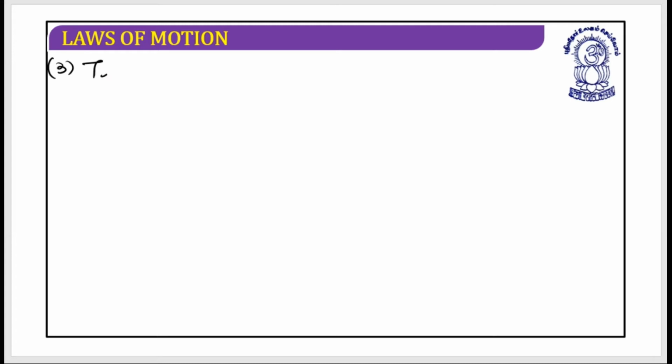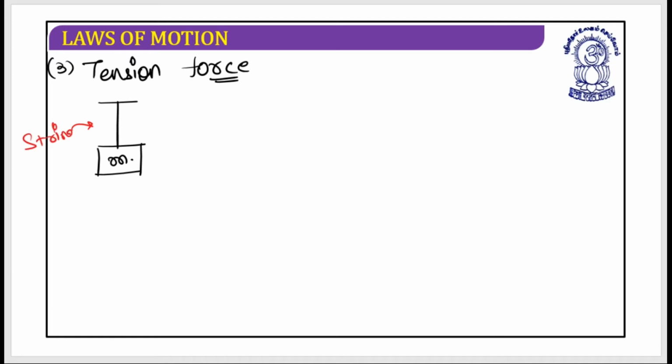Third force, it's the tension force. What is it and how does it arise? That you can understand by this situation. Let's suppose this is a block, and that block has been hanged with a certain string. If you understand that this is the mg, that means it is being pulled in the downward direction, or I should rather say towards the center of the earth with a certain force mg. So in this situation,